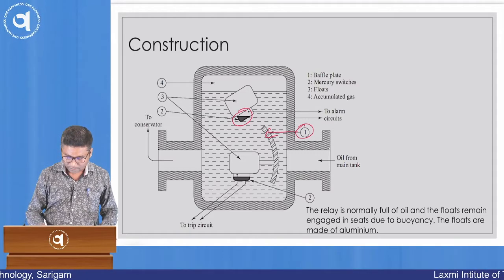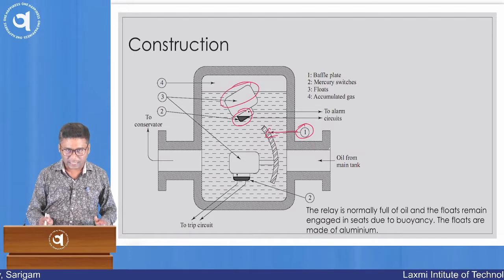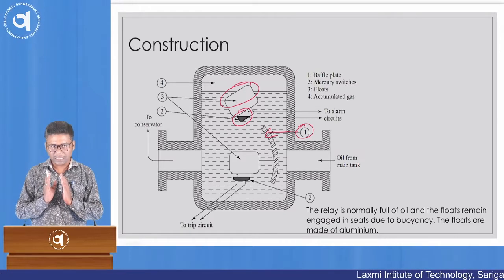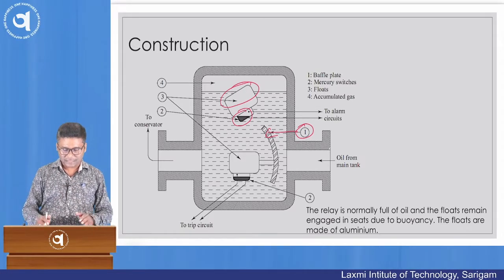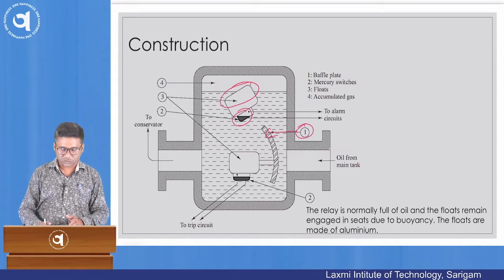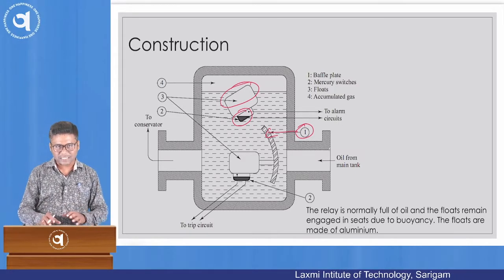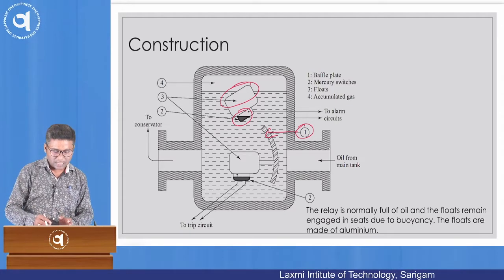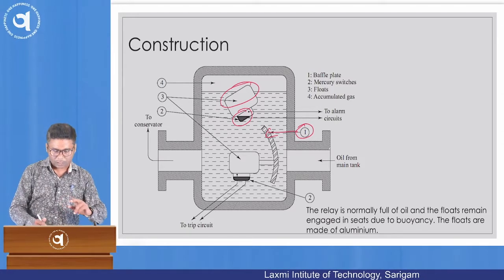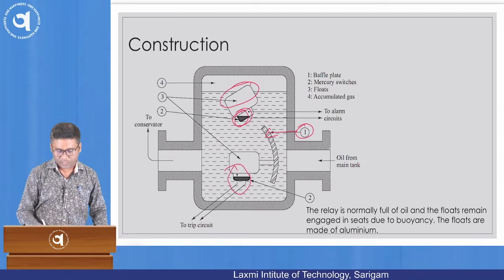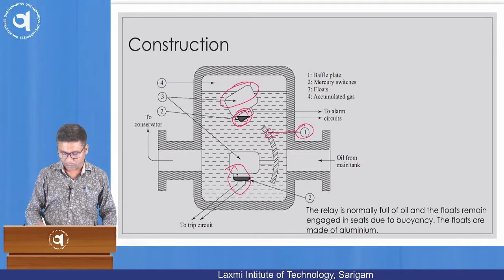Now, this third one is your float, which is generally balanced. Normally, when the oil is totally filled into this Buchholz relay, it is in a balanced condition. Otherwise, if the oil level has decreased, it is slightly tilted, and the mercury switches are touched. So, in this condition the mercury touches those two contacts, which, as you can see over here, are separated in the other figure. Now, over here it is shorted. That is the difference between these two figures.